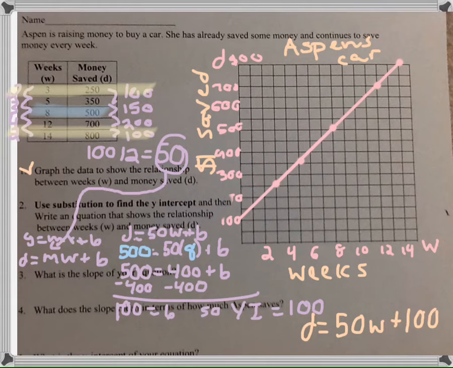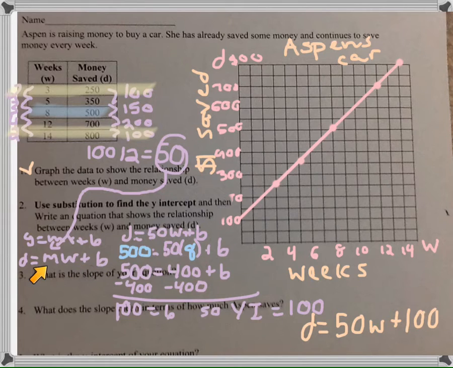and Aspen's car. The second question asks us to use substitution to find the y-intercept and then write an equation that shows the relationship between weeks, W, and money saved, D. So equations are written as y equals mx plus b. However, we don't use y and x in the scenario because it gives us W and D. So the form for our equation would be D equals mW plus b, where m is the slope and